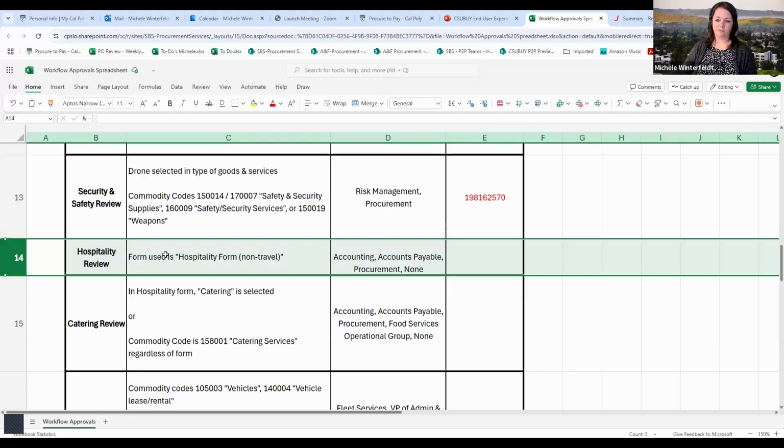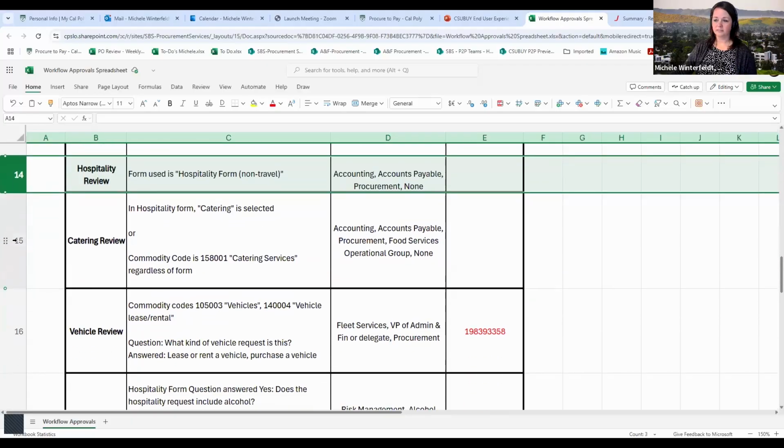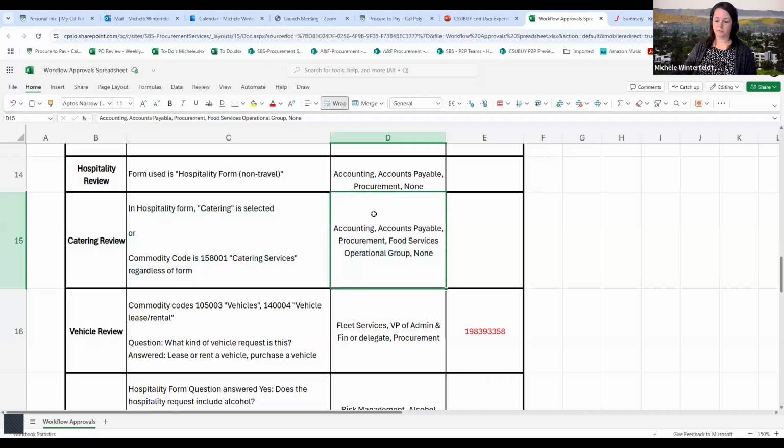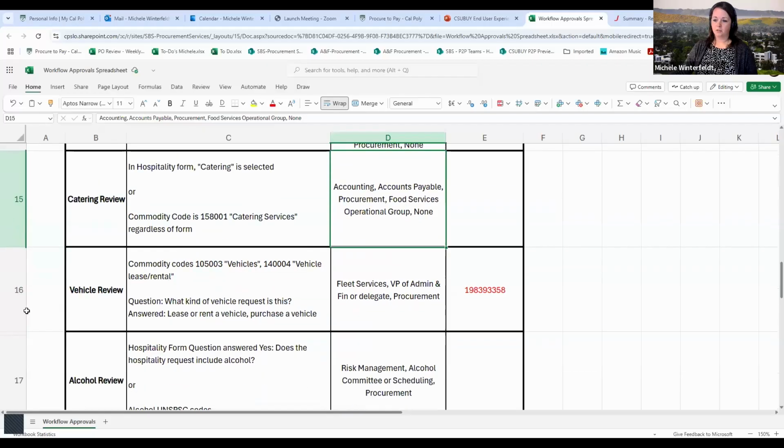Hospitality review, if the form used is the hospitality form. Potential folks on campus you might want to review it are accounting people, accounts payable folks, procurement folks, or maybe nobody. In our case, we did not trigger the hospitality review. We make it a part of procurement's regular review when they receive requisitions. We just didn't have a separate group that was willing to step up and take that look. Same with catering. We just didn't have that group. But if you have those groups, maybe a food services group, accounting folks, maybe an operational group, you could do